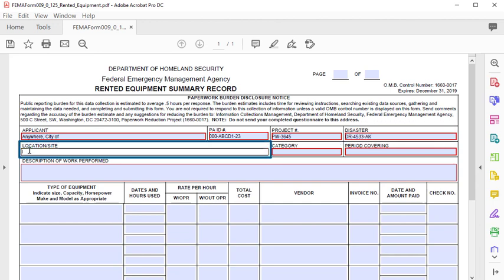Next is the location or site where the rented equipment was used. If this summary is for equipment at a specific site, enter the site name. For multiple sites, enter all of the site names where rented equipment was used during the time period you are reporting. Next is category. FEMA has 7 broad categories, A through G, to describe public assistance work. If you are unsure of the category, refer to the Public Assistance Program and Policy Guide or consult with your